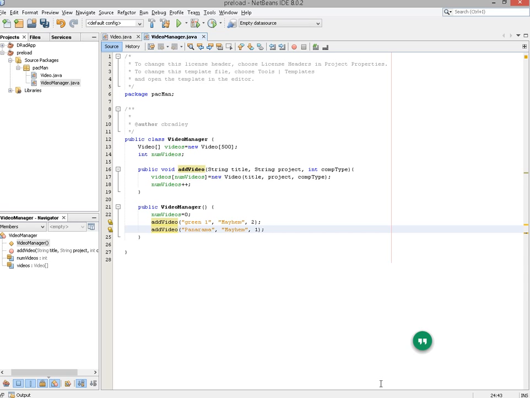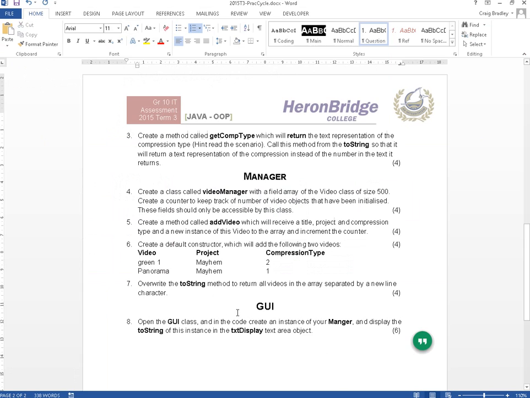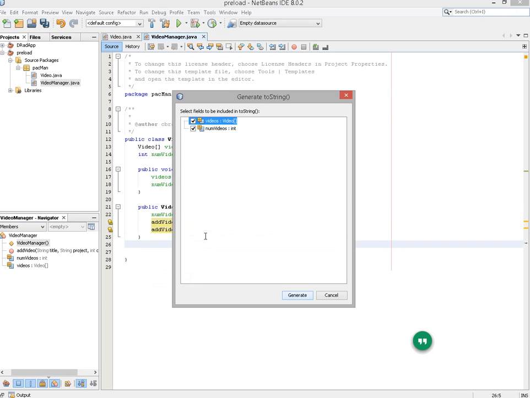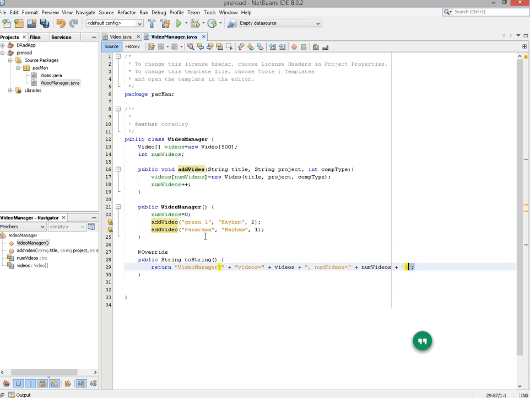Now, okay, so we've done that question here. Now it says create a toString with it separated by a new line. So I'll insert generate the toString so we get our method header correct. We get rid of this because this is useless to us. And then all we're going to do instead is we are going to create a blank string,